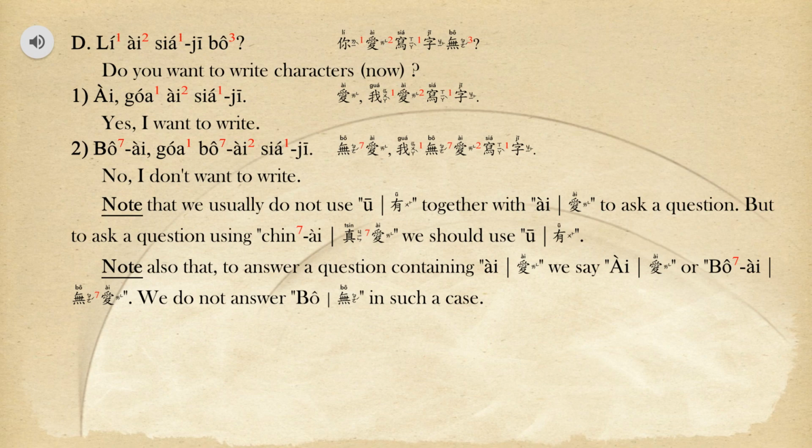D. 你愛寫字無 Do you want to write characters? 愛 我愛寫字 Yes, I want to write. 無愛 我無愛寫字 No, I don't want to write. Note that we usually do not use 有 together with 愛 to ask a question. But to ask a question using 真愛 we should use 有. Note also that, to answer a question containing 愛 we say 愛 or 無愛, we do not answer 無. In such a case,